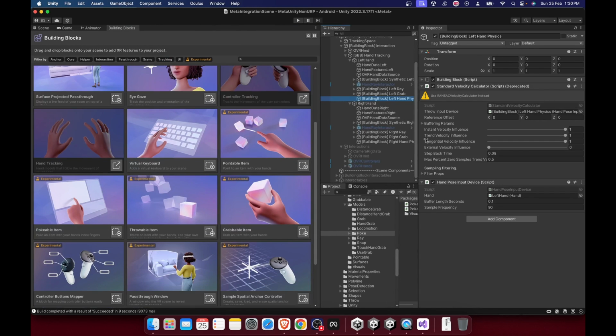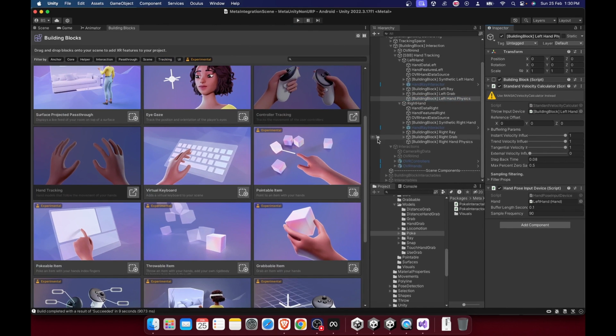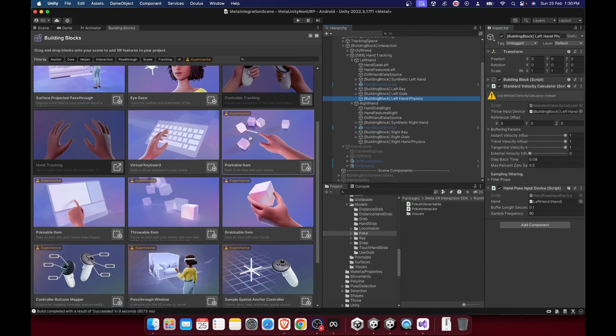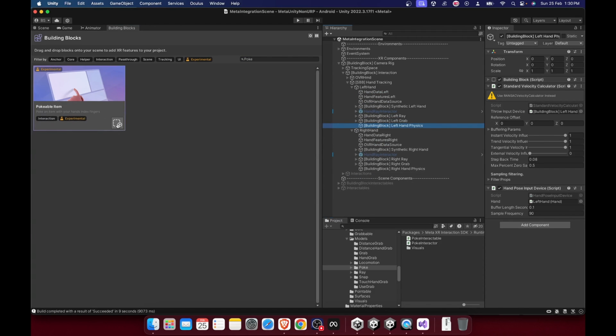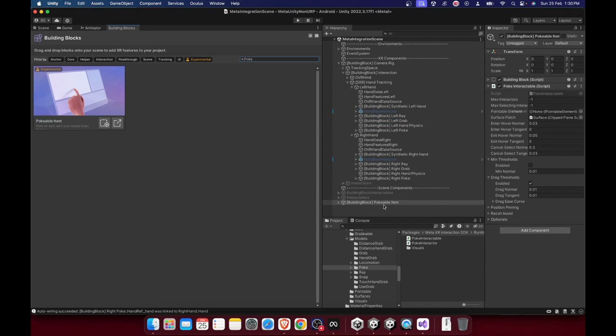Alright, let's open the building blocks tab, and what you should see is this pokeable item, although it is experimental. If you have all-in-one SDK enabled, you may have to search for it, because there will be a lot of building blocks, and once you search for it, you just have to click on the add button. Let me just disable the interaction so that you would see cleanly what it adds. Okay, once clicked, you would see that it adds this pokeable item